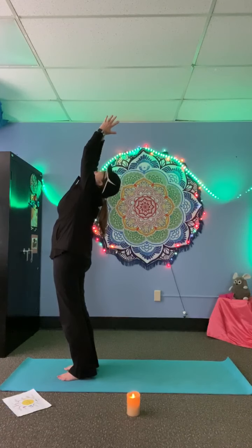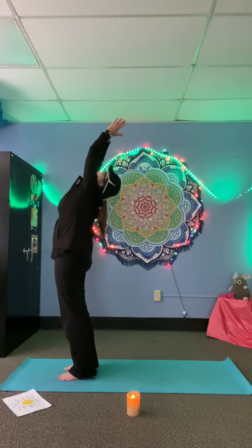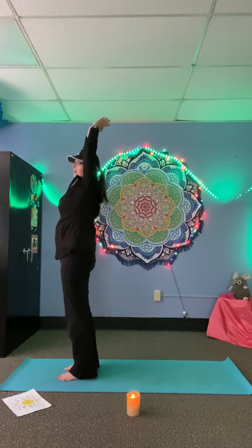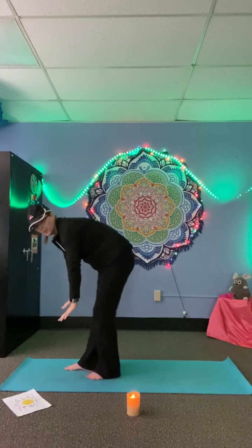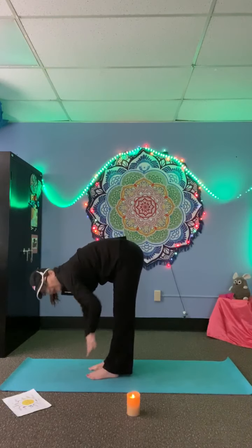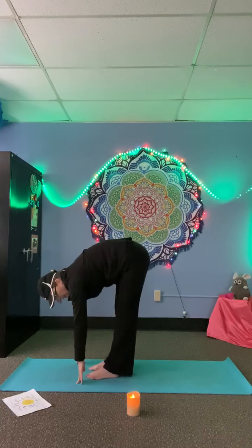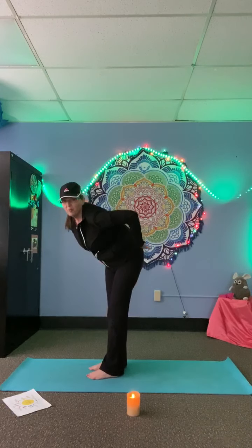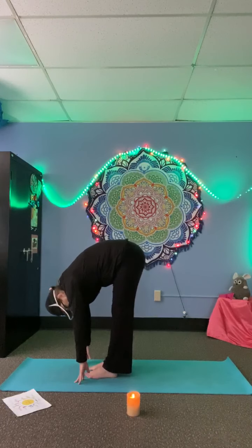Feels kind of nice. Let's hold that for 5, 4, 3, 2, 1, and then you're going to come forward and fold forward. So you're going to come down on your mat. Hands go down on the mat if you can without bending your knees. So if you can't do that without bending your knees, then just put your hands wherever they will reach without making your knees bend. All right, so I'm going to put my hands down on the mat